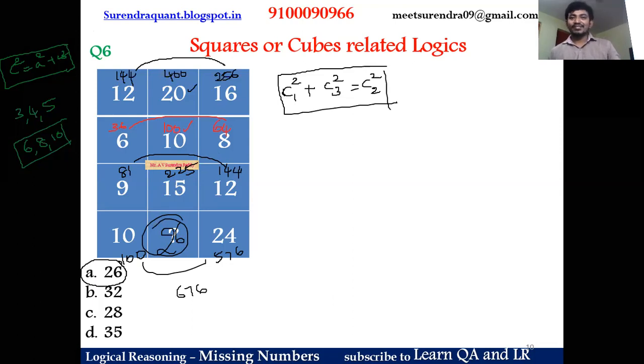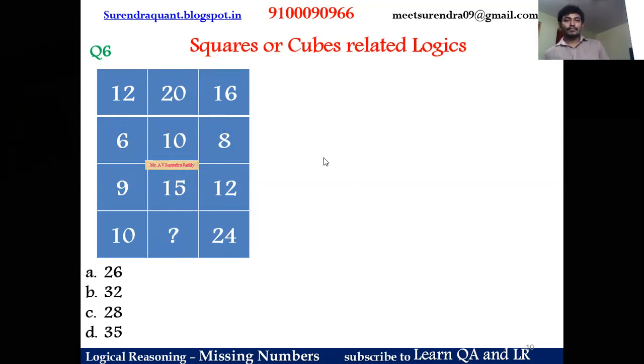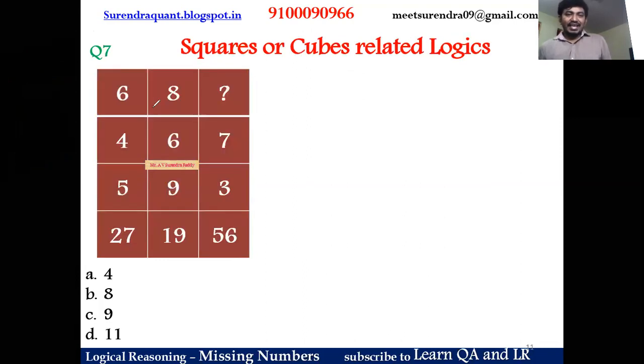Now let's go for question number 7. The rows are 6, 8, missing term; 4, 6, 7; 5, 9, 3; and then 27, 19, and this term. Now, in what way can you get the number 27 by using the 6, 4, 5 combination? I'm talking in terms of columns, guys. All the numbers row-wise are very simple, small numbers. Always try to see small numbers to big numbers. So if you think about this column-wise,